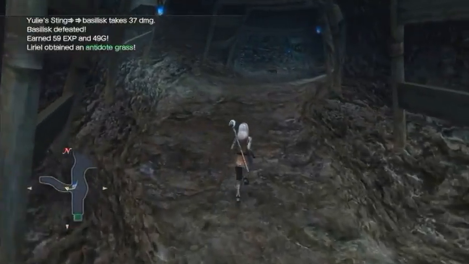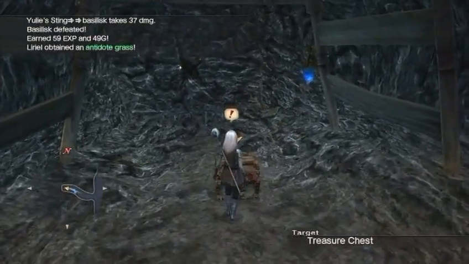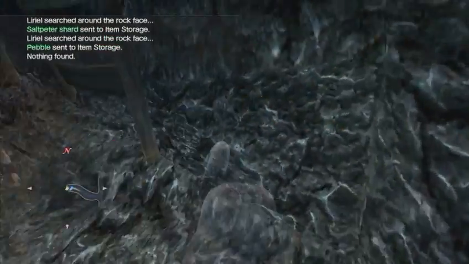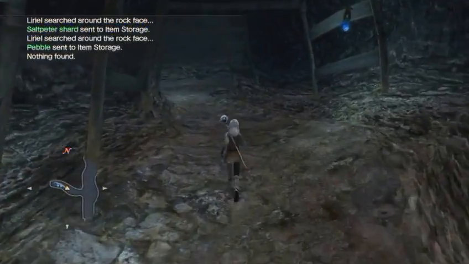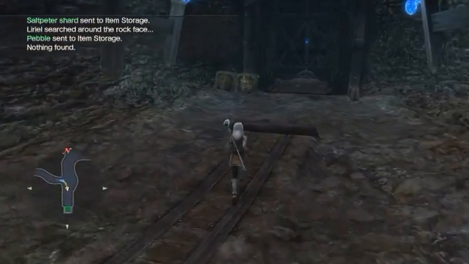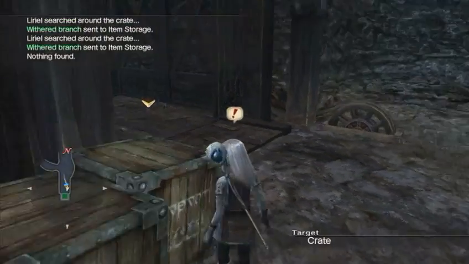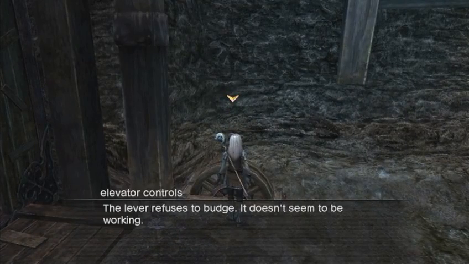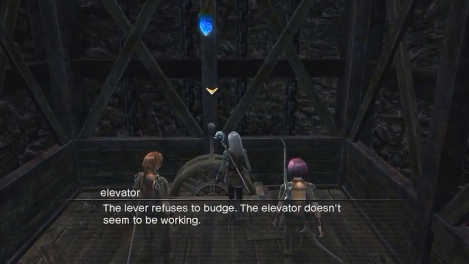And if we head in here, we got another treasure chest. And a rock face. And it's a Nordia tunnel key. Awesome. Alrighty. Get out of the way, guys. And we got another crate over here. What the heck is this thing? Alright, what is this? Elevator. Oh, where it leads. Okay, what about this one? Darn. Alright, well, that's not...